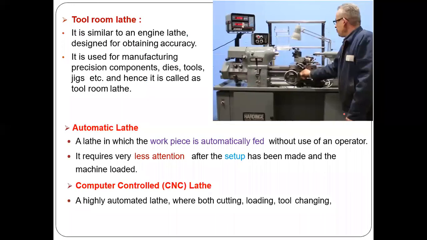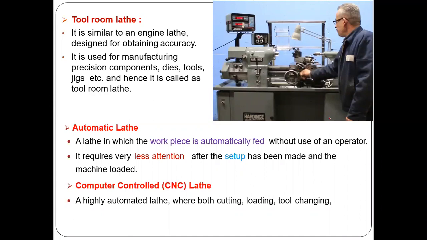Then comes the tool room lathe. Normally in tool rooms, these lathes are very precision lathes, but small in size. Whatever image you are seeing here is a typical tool room lathe. Normally these lathes are completely in a controlled atmosphere, in an air conditioning system, because these tool room lathes are very precision machines. So even a small 1 micron deviation is not permissible in these tool rooms. So any kind of molds or any kind of objects which need high precision used to be machined or manufactured on this kind of lathe, the tool room lathe.